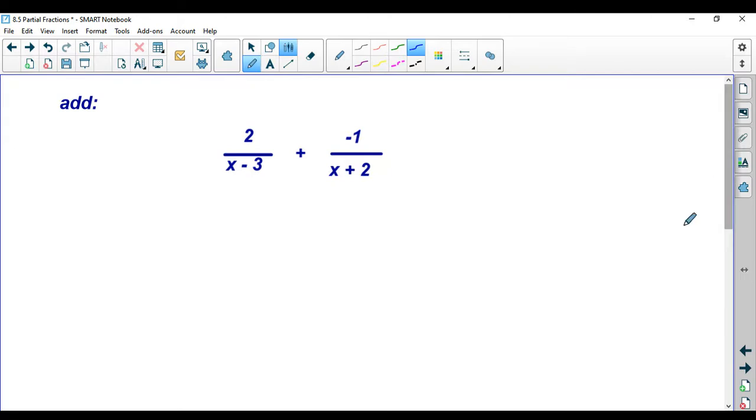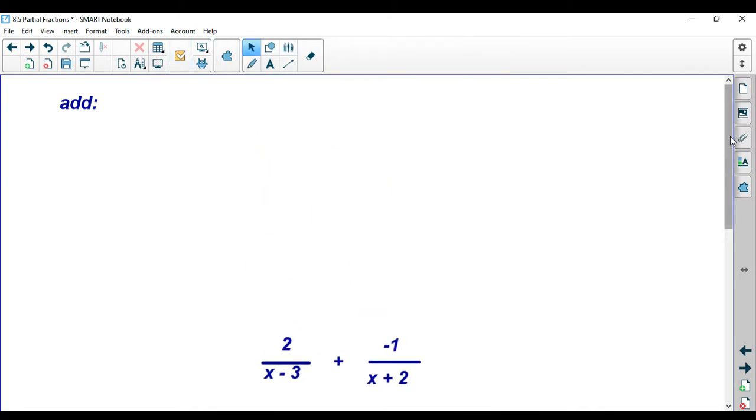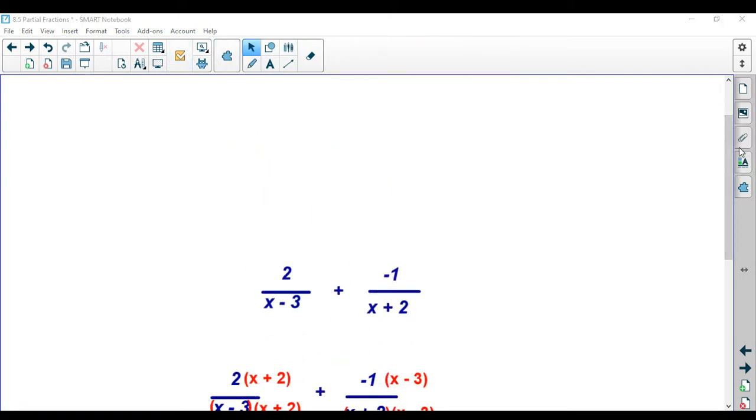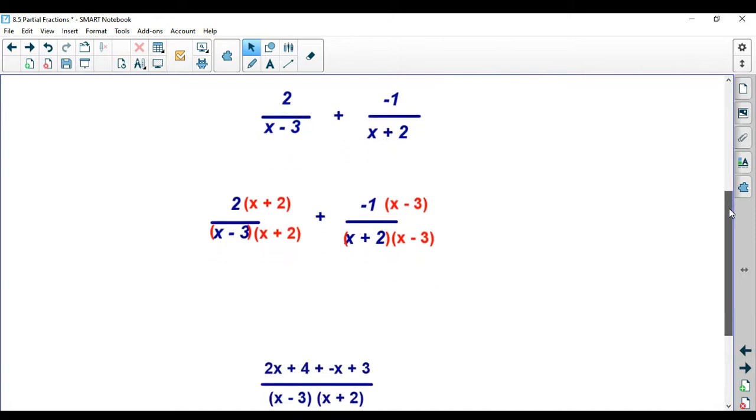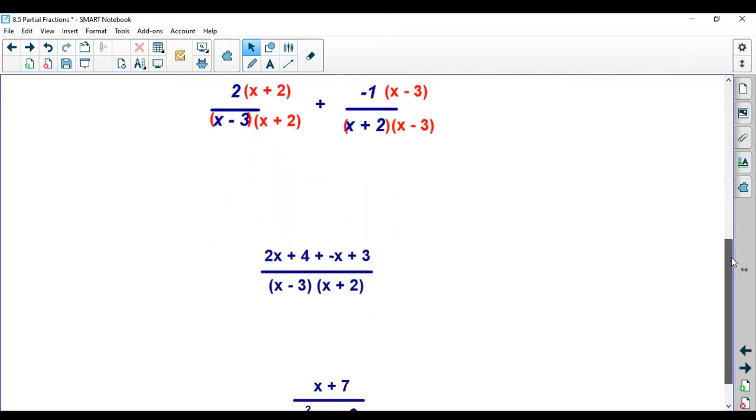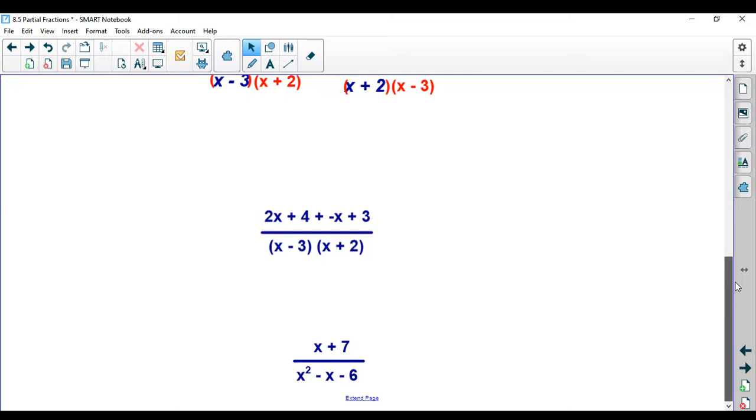So this is easy. You get a common denominator, multiply the first by x plus 2 over x plus 2, the second by x minus 3 over x minus 3, and then you just proceed. So we'll spend time doing that. It's easy. I'll show you though, I just want to get the result. So here's getting a common denominator. Here's multiplying out the tops, combining the top, and here's the fraction. So this is equivalent, obviously, to